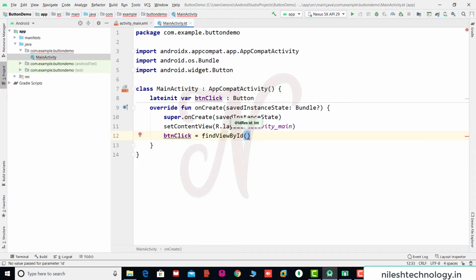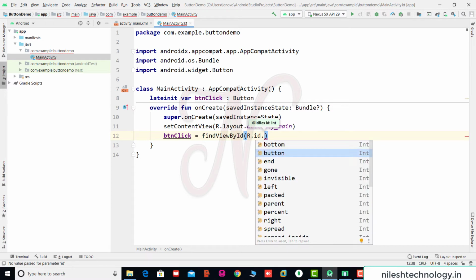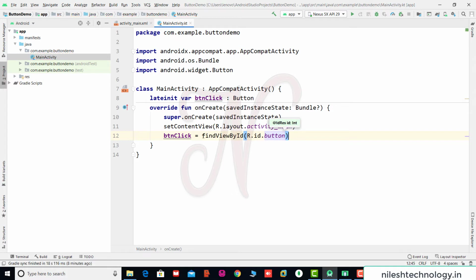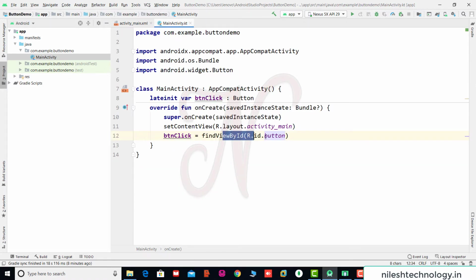Use this function and by using R.id, your button ID name is button, and here we map this design button to this Kotlin file. Now this button object is going to this variable btnClick.